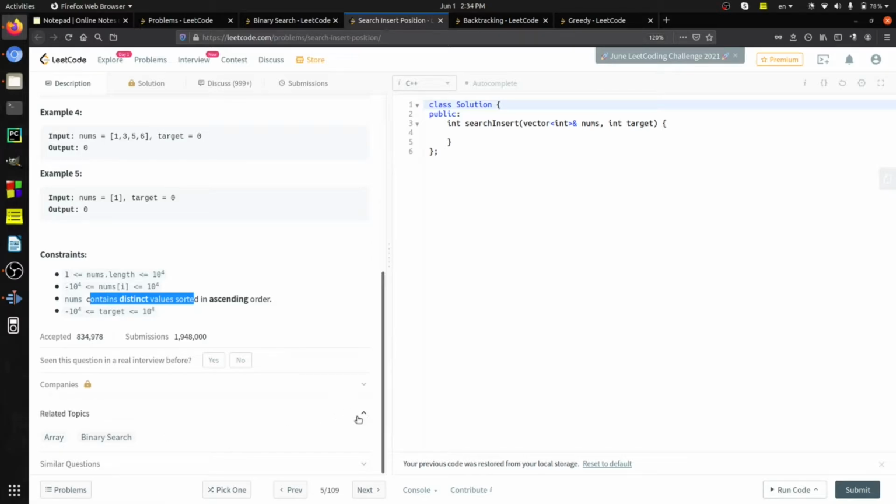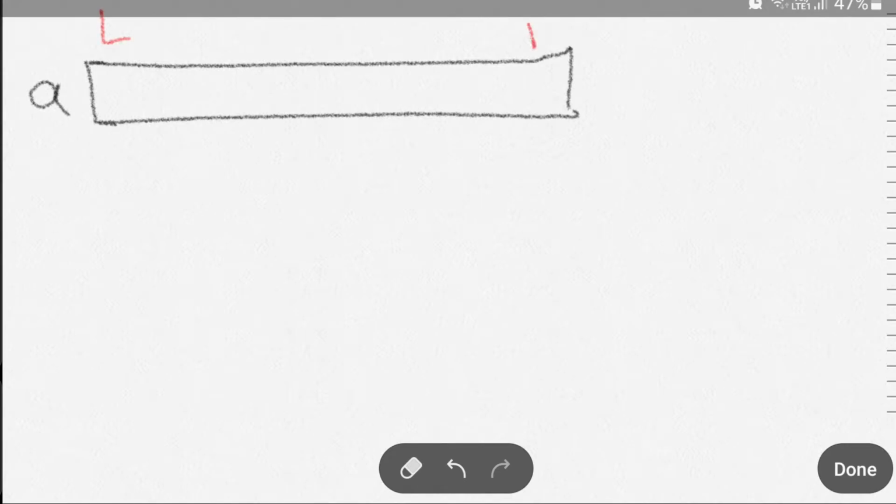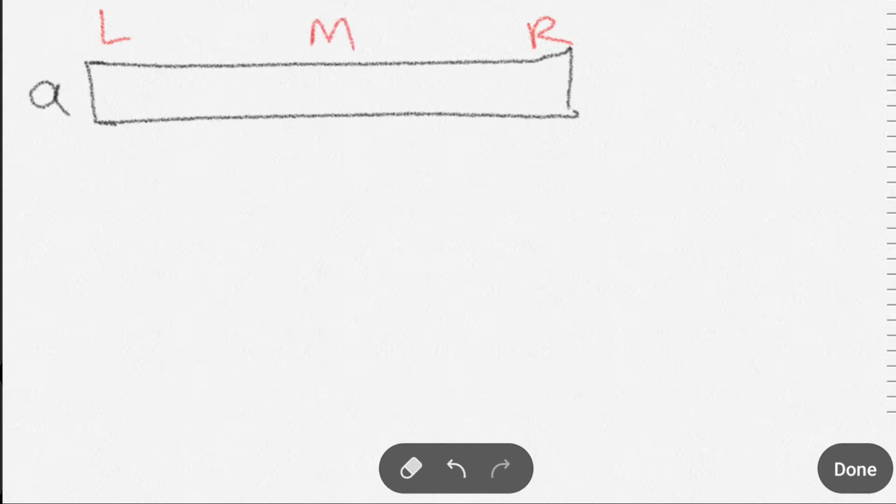So let's begin the explanation and the logic. Let us see how the binary search algorithm works. For that, let's assume we have an array A with some elements in it, and let's take three variables L, R and M, where L represents the leftmost index, R represents the rightmost index and M represents the middle index, where the middle index can be found with the formula (L + R) divided by 2.